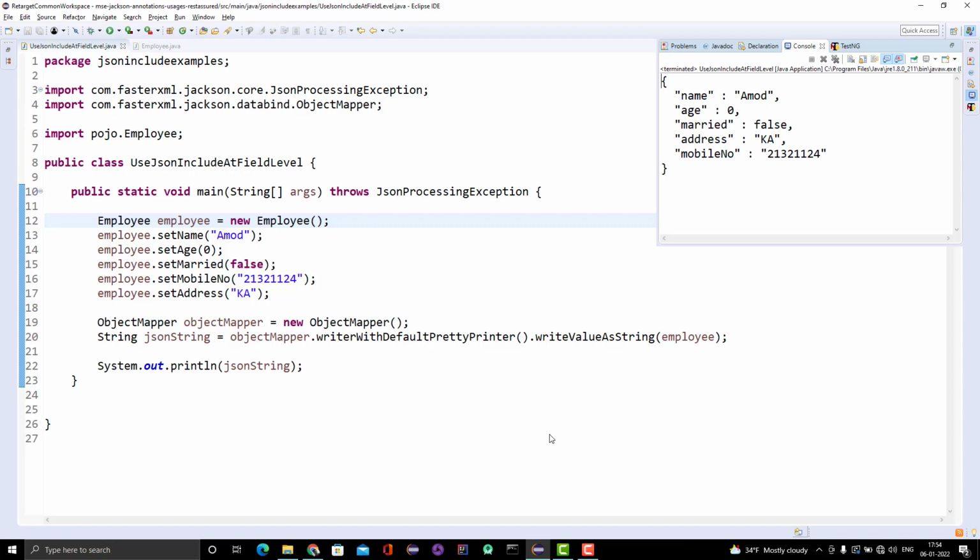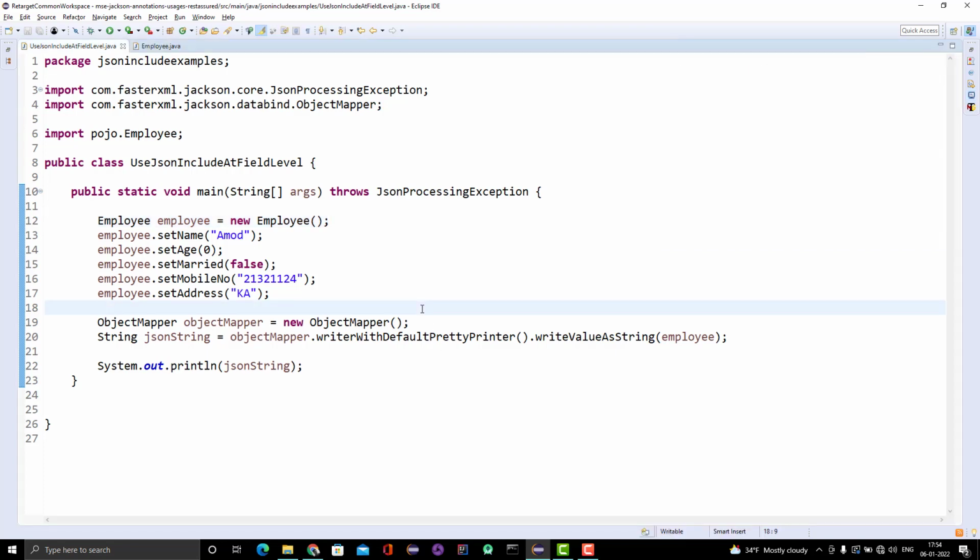Now suppose your requirement is that if address is null, then don't include it in the JSON during serialization. If I comment this line, that means we are not setting the address.